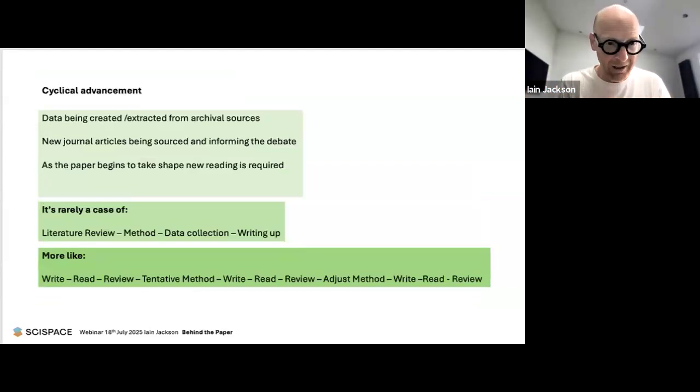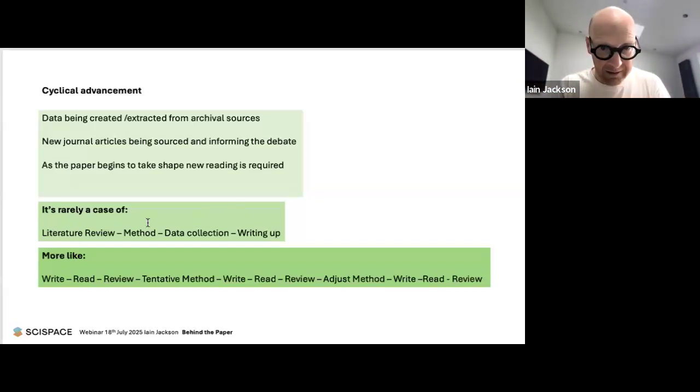I love the poll that Deepak did at the beginning, like what stage of the research are you in? And a lot of you said you're in your early stage, some of you said you're at the end stage. But the thing is, we don't know. How do you know when you've left one stage and entered the other? Because it's really cyclical. So we want it to look like the middle band.